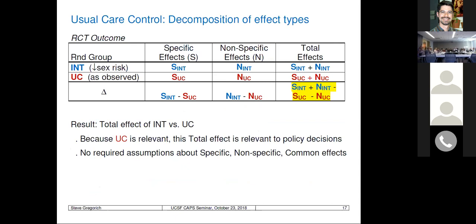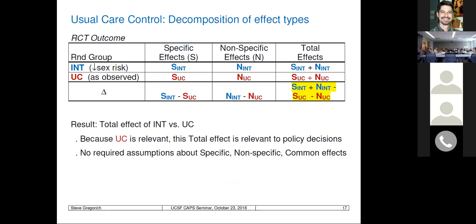But that's one example. So going back to the decomposition, now we've talked about attention placebo control and time and attention control. So this is usual care. Hopefully usual care is more than do nothing, so there's going to be some specific effects of usual care, some specific effects of your experimental intervention. There's going to be some non-specific effects of both as well. And you add them all up and subtract them from each other, and what you get is the total effect of the experimental intervention versus usual care. Now, it looks messy, but it is a relevant estimate of intervention effect